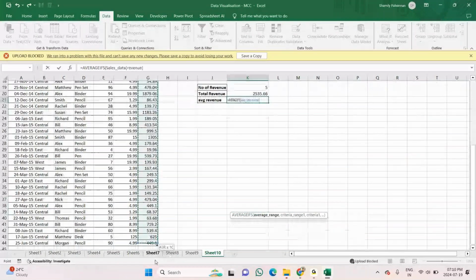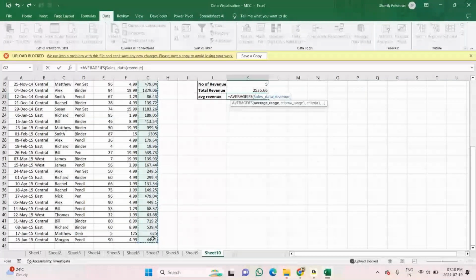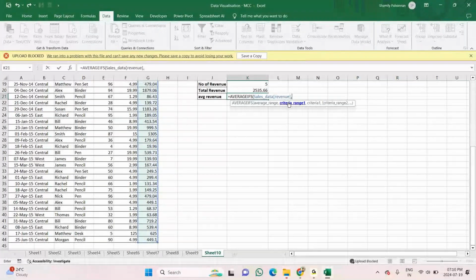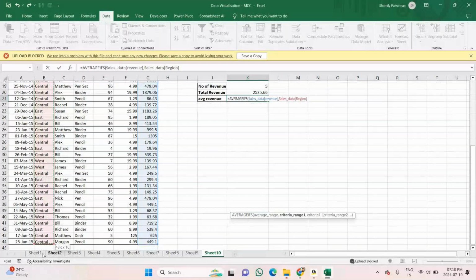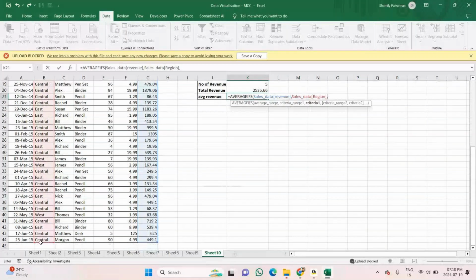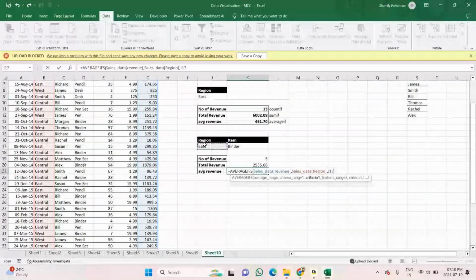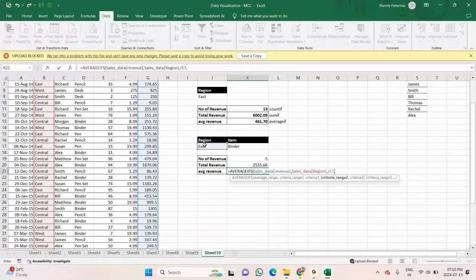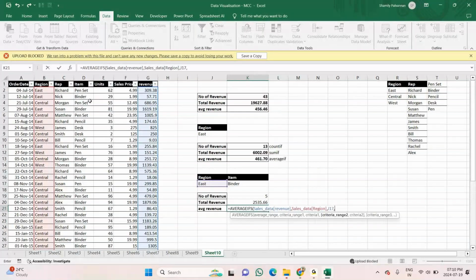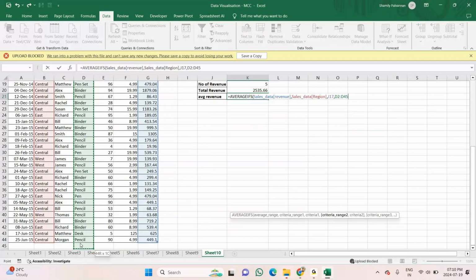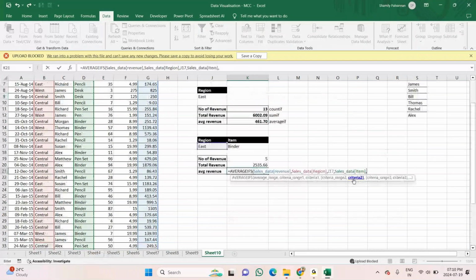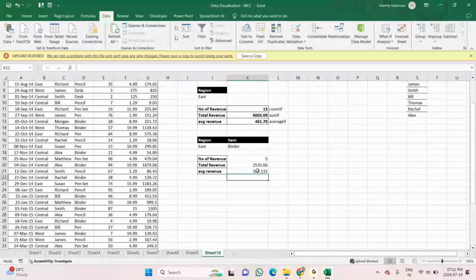So selecting the value column, comma, criteria range, the list of condition, from the list of region, comma, the condition is east, comma again. Condition number 2 is from the list of stock item, comma, I need criteria 2. The criteria 2 condition is binder. Let me close the bracket. Enter. This is your average sales for the east and the binder.